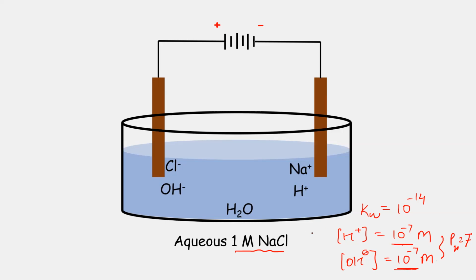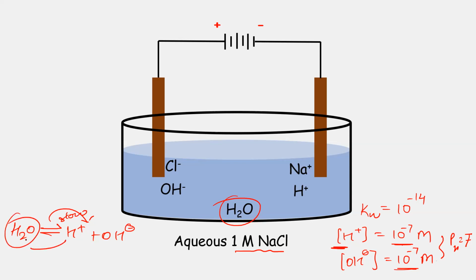For pure water, the concentrations of H plus and OH negative are very low, but water is present in a high amount. The H plus is less because H2O dissociates to H plus and OH negative, and this reaction is slow. But we will have plenty of H2O. So sodium plus ion will be competing with H2O, and Cl negative ion will also have a competition with H2O. That means there can be two reactions, and which will be preferred? So remember this point.